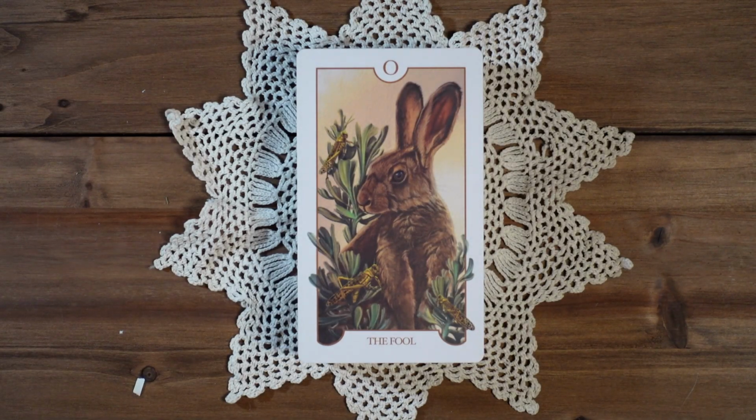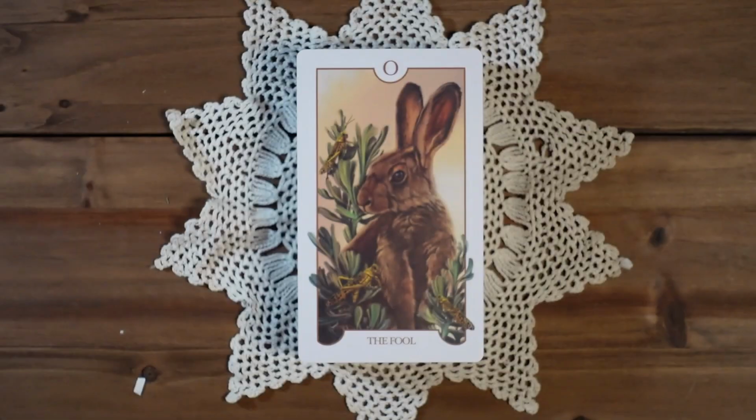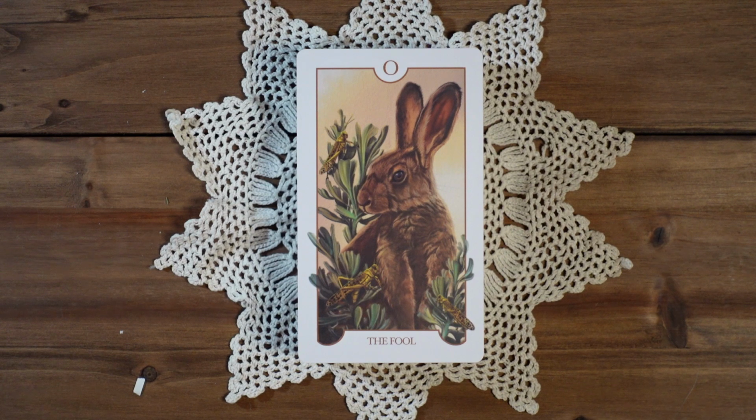Okay, so in the guidebook, full color image, and you get 3 keywords at the top, and then you get into the symbology here. So for the Fool, we've got, should I be giving this all away? Oh my gosh, and a little key phrase there. So cute. So this is the black-tailed jackrabbit